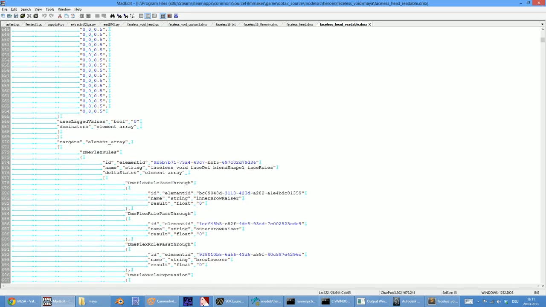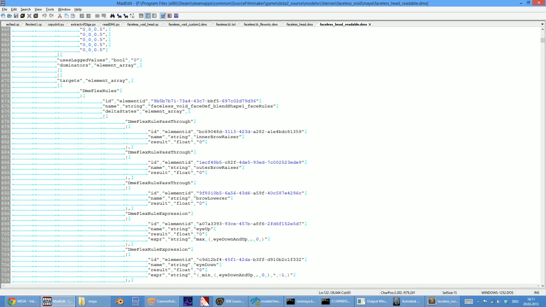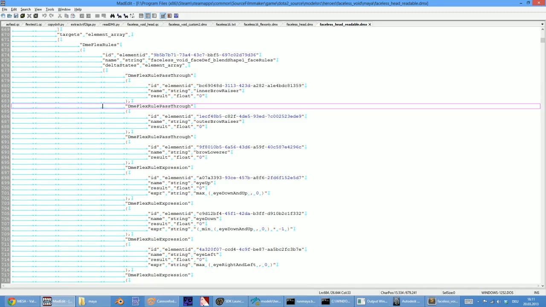And here we go with an element array with the targets, which are basically the blend shapes, called targets in this case. And here we have DME flex rule pass-through, which just lists all the different, the 47